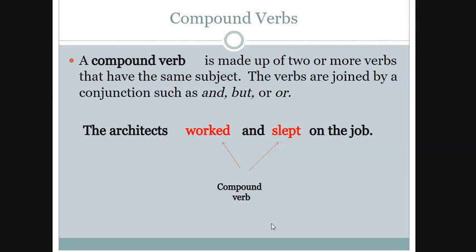You can see that the verbs worked and slept are joined by a conjunction such as and. So, worked and slept will be compound verbs. It's made of two or more verbs that have the same subject. So, verbs are joined by conjunctions such as and, or, so